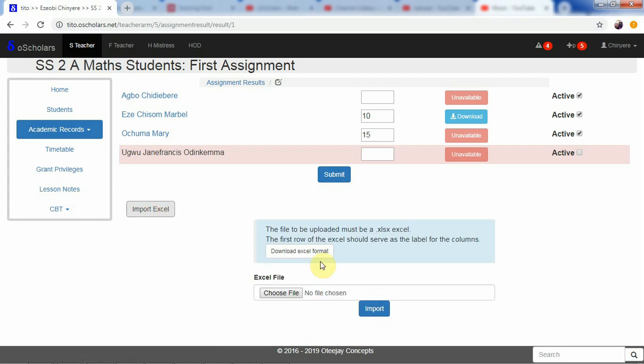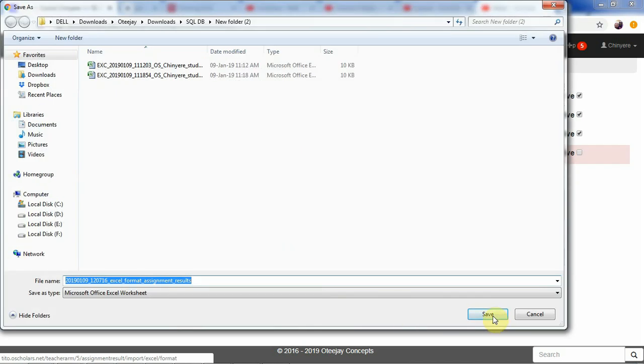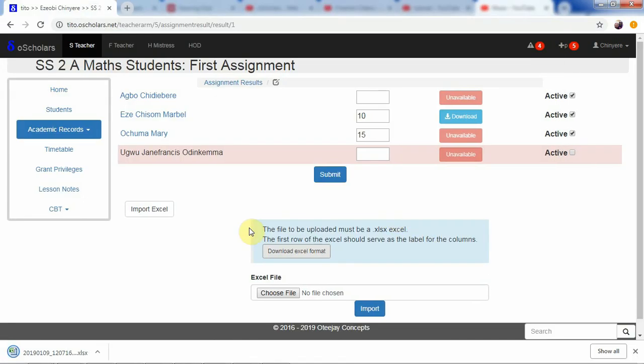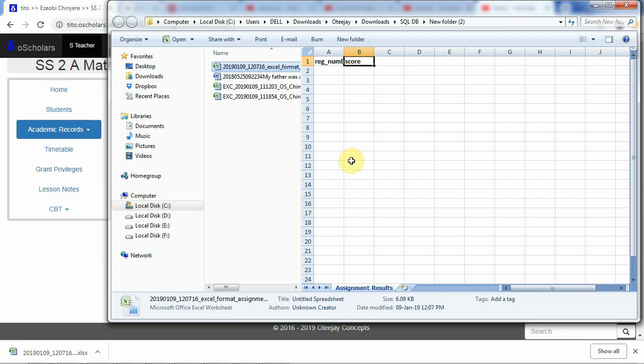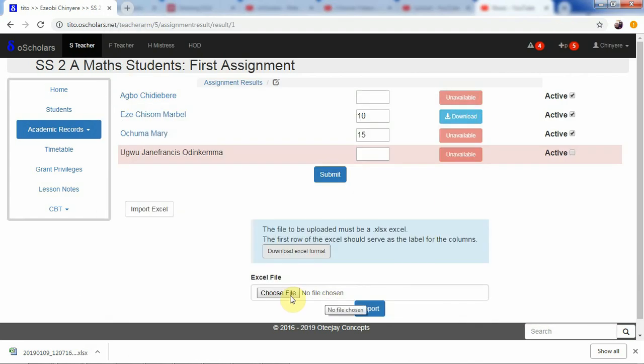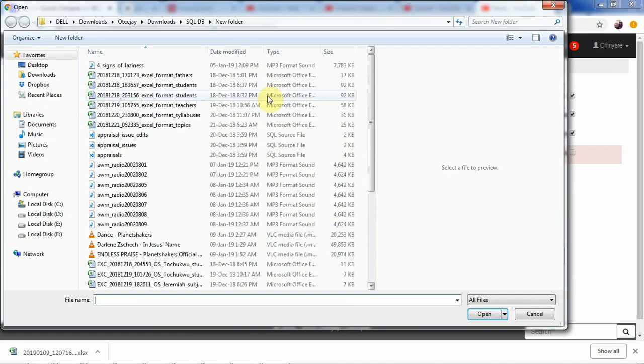Now we can actually choose to import their scores using Excel format. Using Excel, we can download the Excel format that we're supposed to fill up, which we use to import their records at once. When you view this Excel format, you specify the register number of the student and put the score, specify the register number and put the score, and after that you have to click here and choose from those